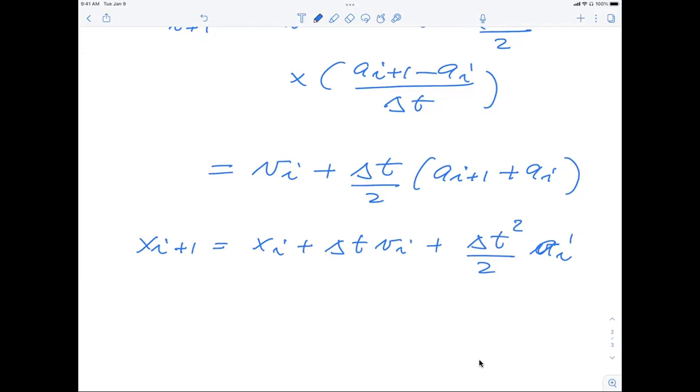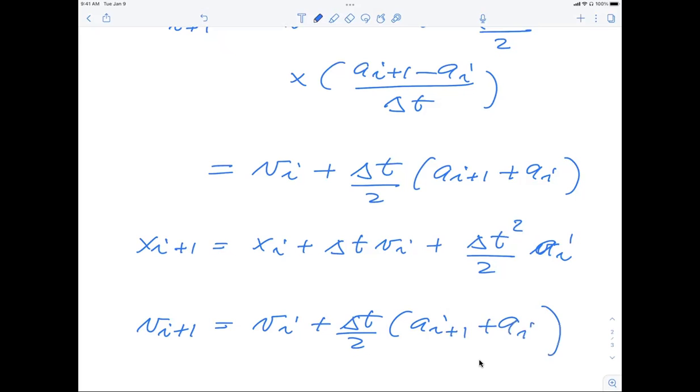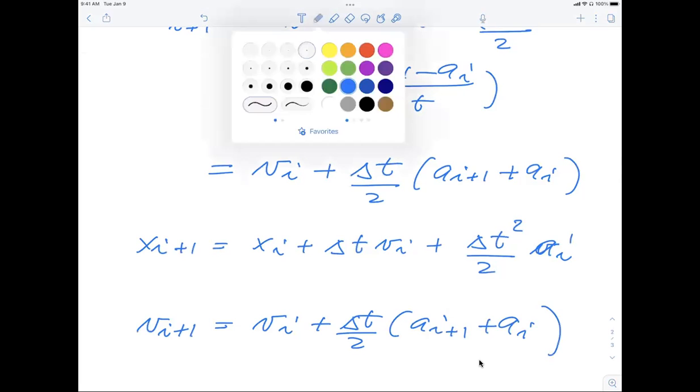And in the next step, v of i plus 1 is equal to v of i plus delta t divided by 2 times a of i plus 1 plus a of i. So if you now look at the equations which you have here,